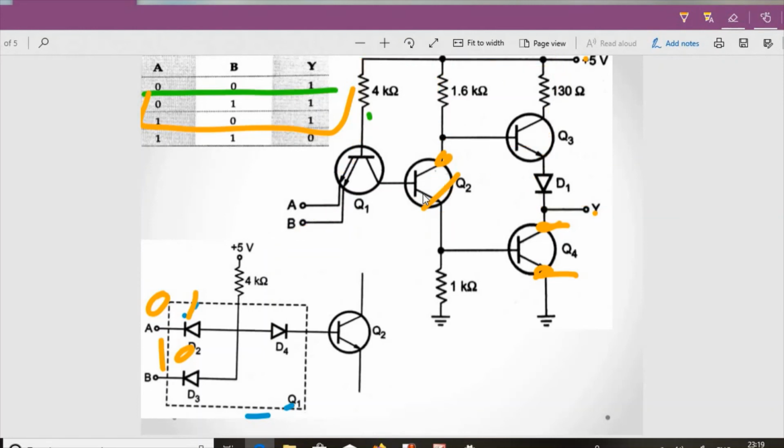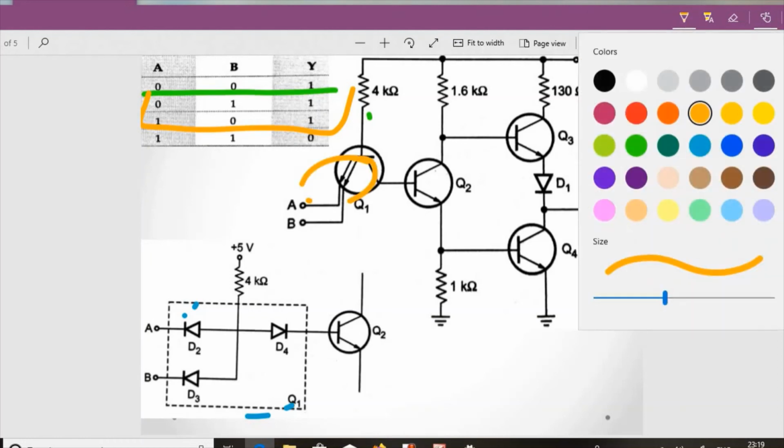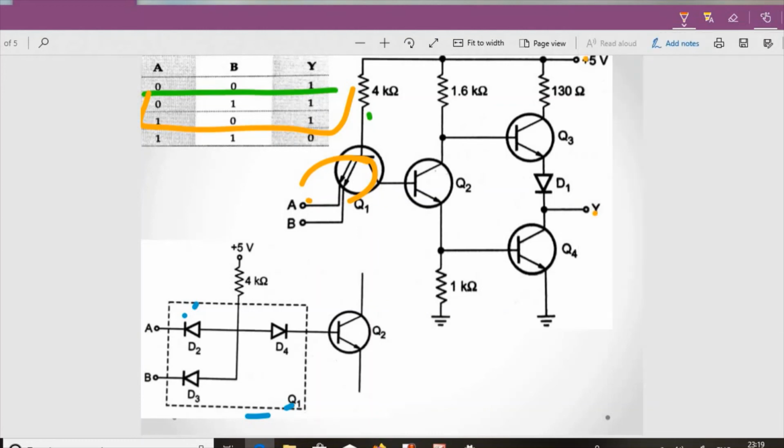The thing changes when we discuss both the inputs. Both the inputs are 1. What will happen at that point? When we were considering 0 1 or 1 0, in both cases one of the diodes was in forward bias and another was in reverse bias. So if either of the inputs is in forward bias, this entire current would be flowing out from this end to this end. So in 3 of the cases we have the same condition, either both diodes were in forward bias or either one diode was in forward bias.